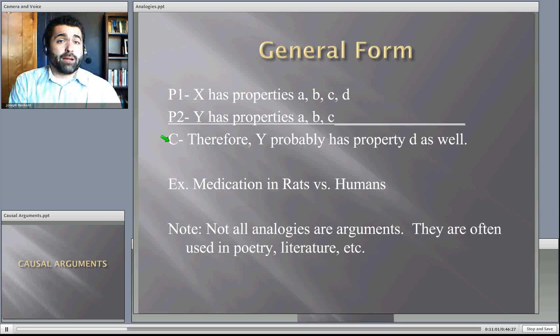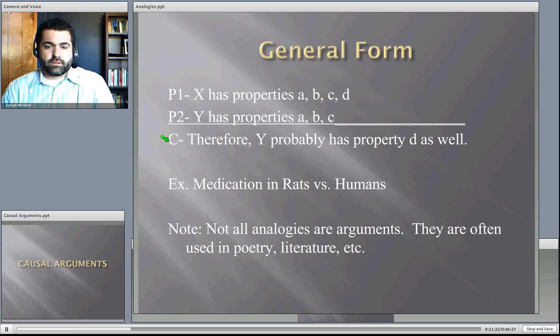Now, we use mammals instead of reptiles because mammals are more similar to humans. Reptiles are cold-blooded and have a very different circulatory system and whatnot. So what it does to a reptile, we can't make that good of an analogy to what it'll do to humans. But if we did it to rats and then other higher order mammals and then even monkeys, then we can get a better sense of what it might do to humans.